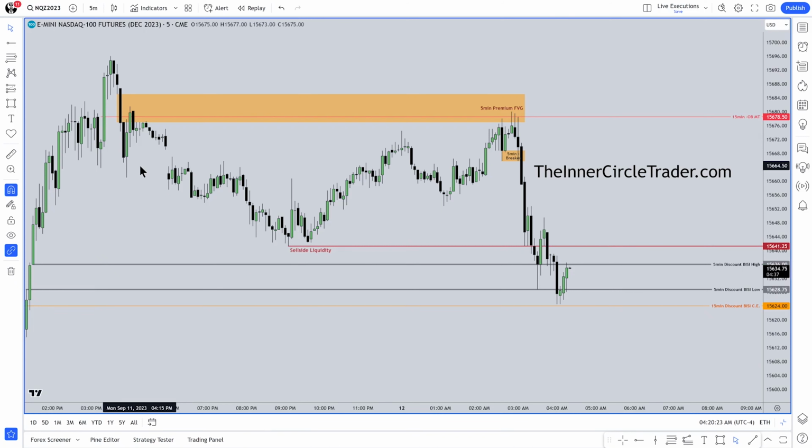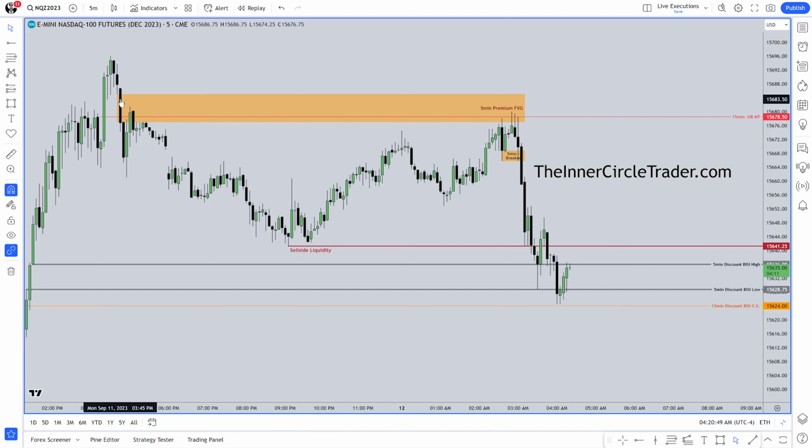A balanced price range is when a market moves from a range where it's offered both sides, buy side and sell side delivery, not liquidity delivery, meaning that we had this candle here trade up, so it offered buy side delivery, and then we had this candle here offering sell side delivery. So even though this is a fair value gap in the form of a SIBI, sell side imbalance, buy side